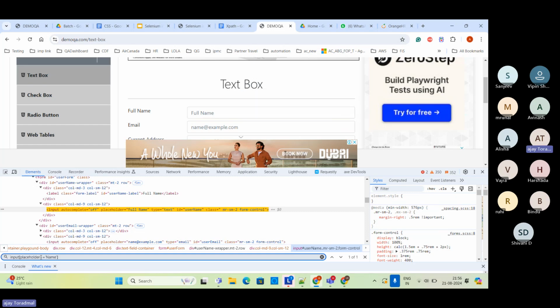If we give the full name, it will work. Just full, it will work. Okay, but